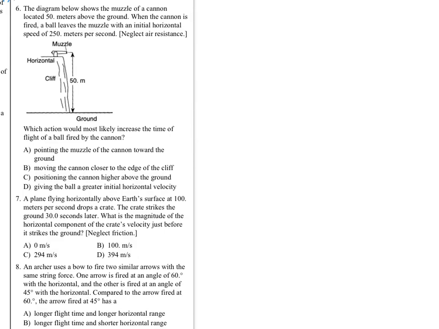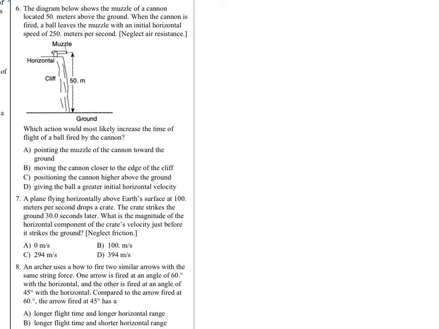Now we're going to move to the other side for question 6. Question 6 shows this diagram with a cannon shooting a ball with initial horizontal speed of 250 meters per second. The question is asking which action would most likely increase the time of flight of a ball fired by the cannon. So,